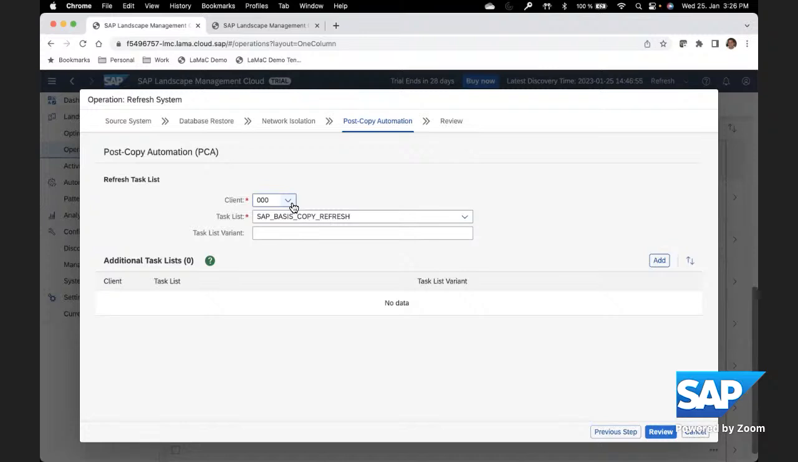Typically, this is the base client, client 000, and it wants you to provide information about which task list and task list variant you want to use. So the task list is the default task list in this case, which is provided already with PCA. And in case you have adapted your task list or made some adjustments and you have created your own tailored version, and you have a task list variant, you can provide that input here, depending on what parameter values you've defined. So in this case, we just go with the default task list, copy refresh client 000,